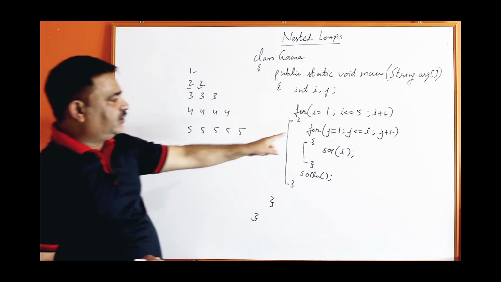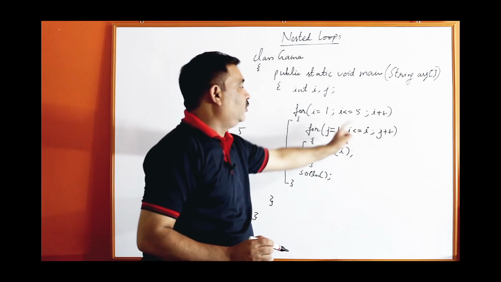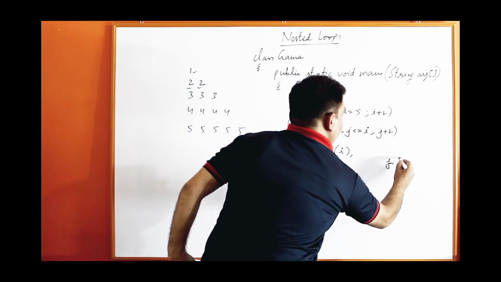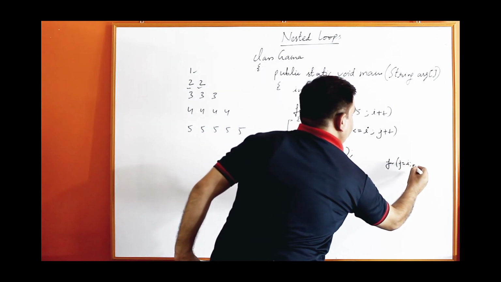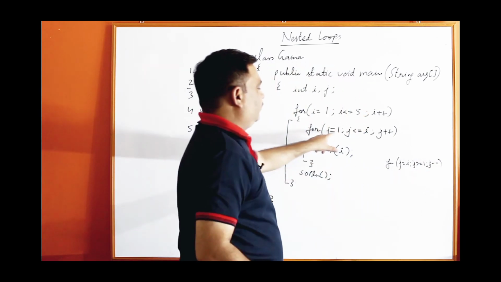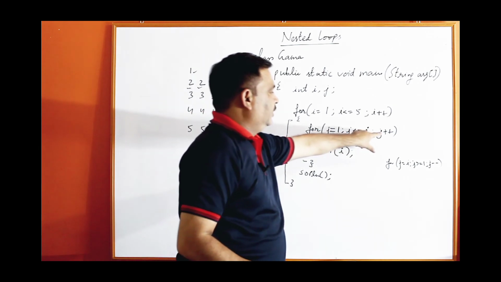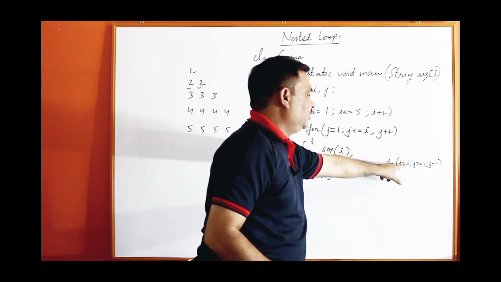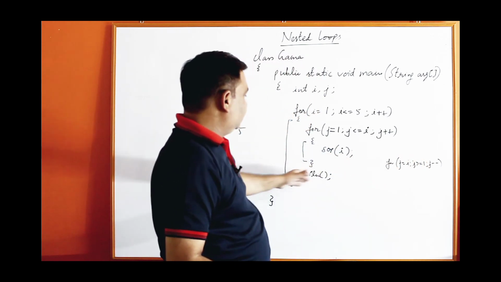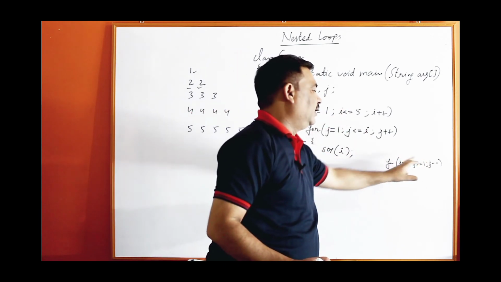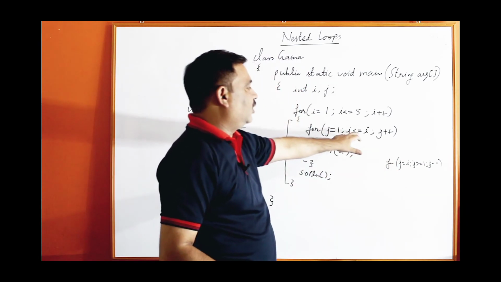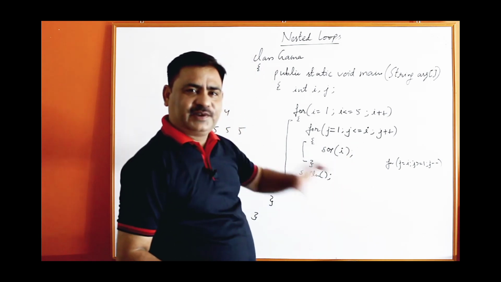One more thing: for this loop, you can either start from 1 to i or start from i to 1. You can also make this loop j equal to i, j greater than or equal to 1, j minus minus. With j equal to i at the beginning, when i is 1, it goes 1 to 1, this loop will execute one time, and i is 1. The second time i will be 2, so 2 to 1, again it will execute 2 times, but we are printing i. So you can make this loop forward or reverse, and get this kind of output.